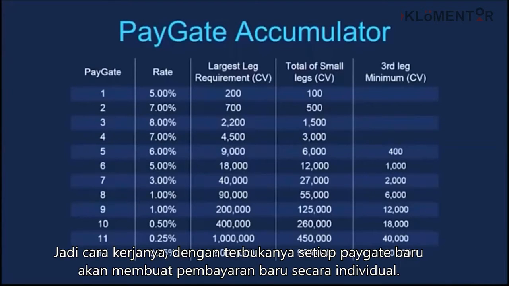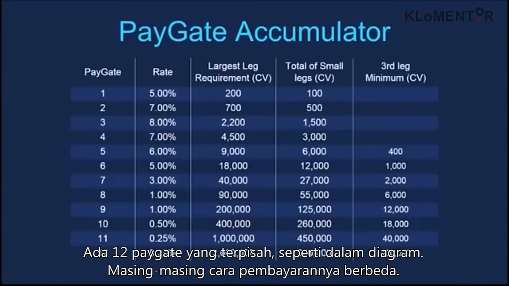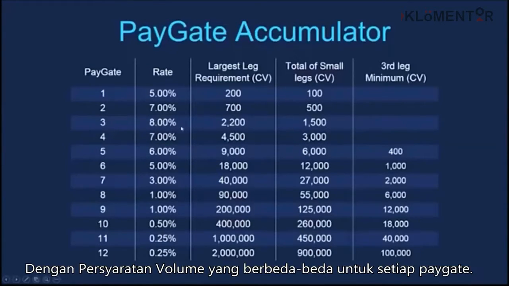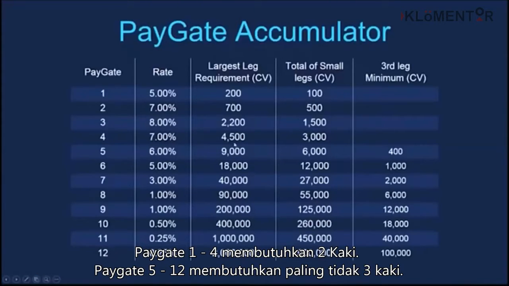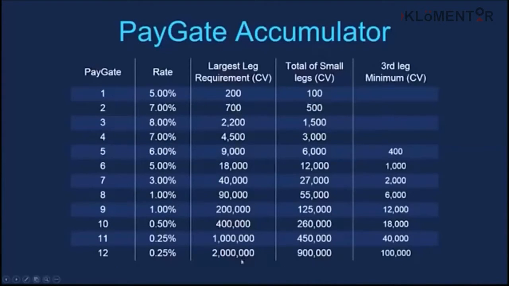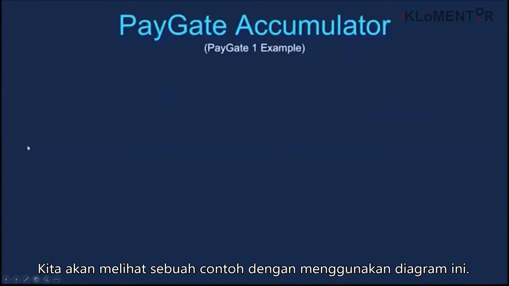So what this is going to do is with each additional paygate you qualify for, it's going to create additional residual payout for you. There are 12 separate paygates. You can see on the chart there's different rates at which each paygate pays out at, and there's a different volume requirement for each paygate. Paygates 1 through 4 require 2 legs. Paygates 5 through 12 require at least 3 legs. So we're going to move into an example